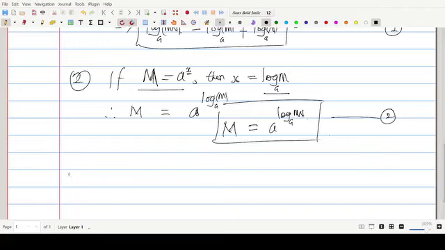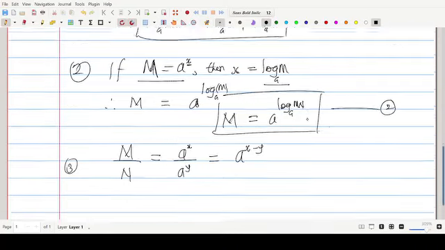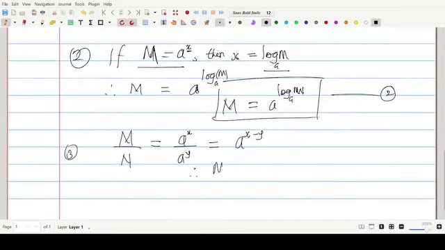Number 3. Instead, let's divide these quantities m over n. Let's divide them. In that case, we shall be having the x power of a divided by the y power of a. And from our usual law of indices, this is equal to a to the power of x minus y. So that means that the quotient m over n equals a to the power of x minus y. In the equivalent form, we shall have it as x equals log to base a of m over